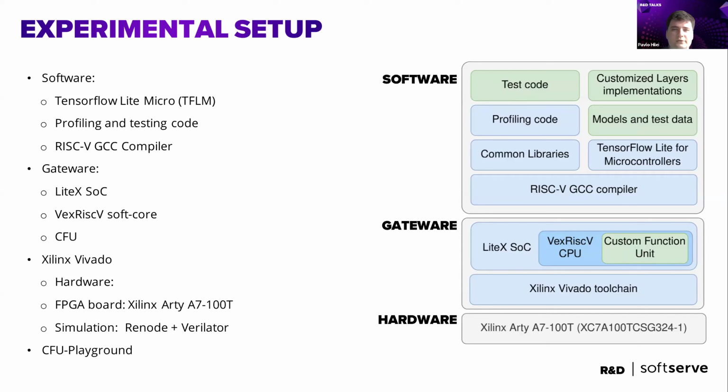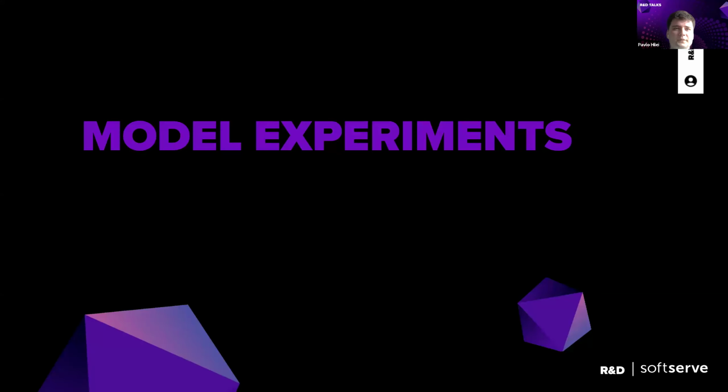So using simulation can speed up the development process a lot. And I used Renode to simulate the CPU, and Verilator to simulate the CFU. And all these tools are integrated in the CFU Playground project by Google. Okay, now that we know which tools we use to develop, deploy, optimize, and accelerate the model, let's get into